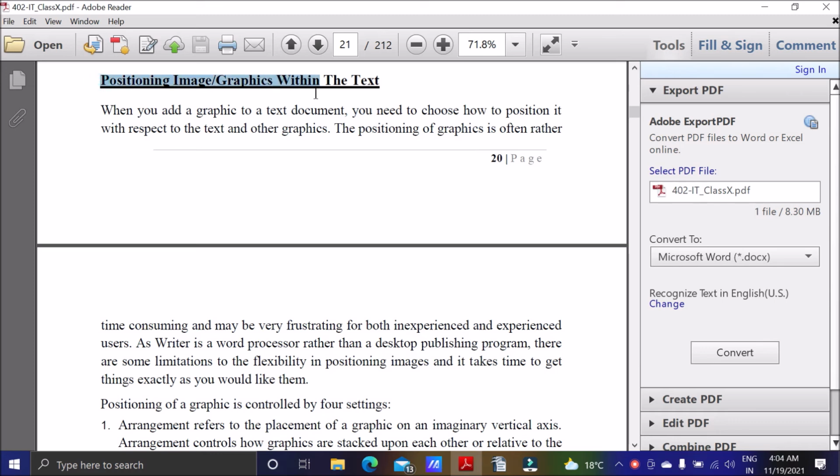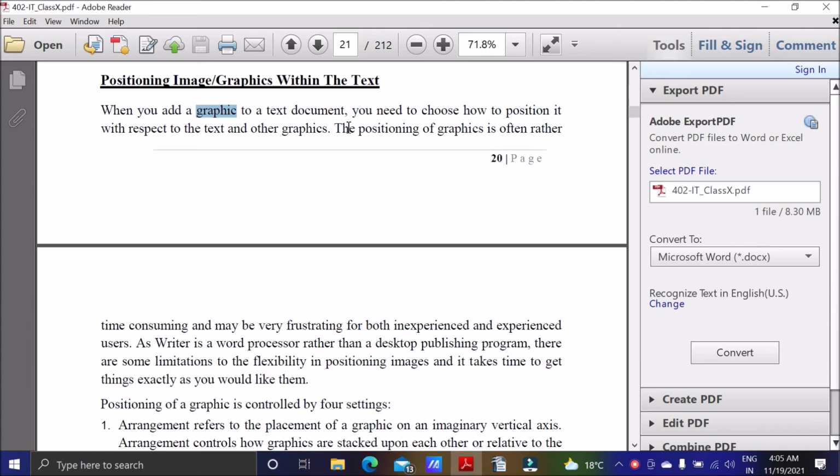Positioning an image or graphic within the text. Here we will learn how we can position an image or graphic in the text, how we can change the position of the image with respect to the text. Whenever you add a graphic, meaning an image, to a text document, you need to choose how to position it.